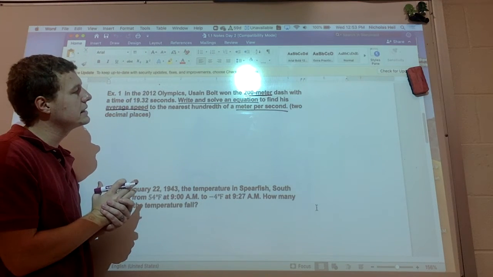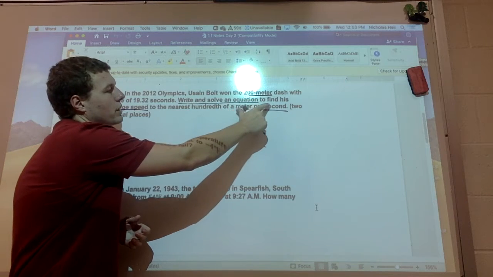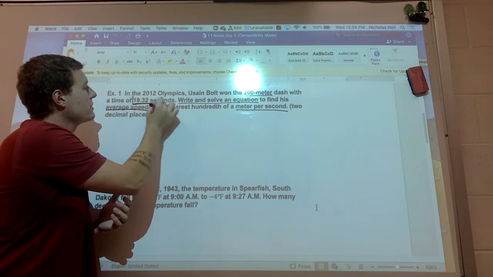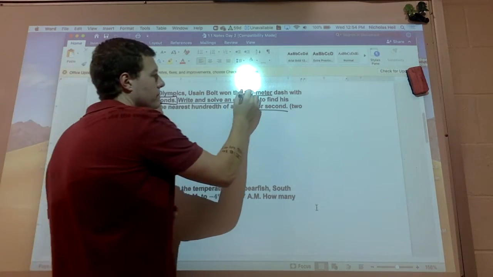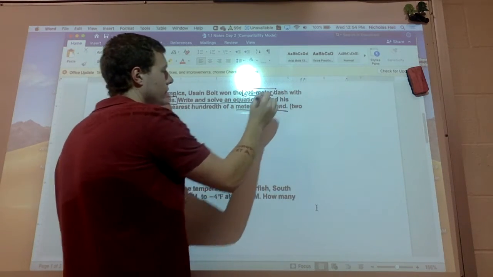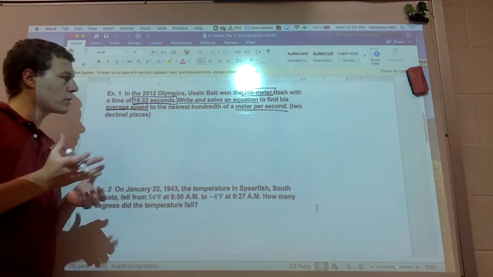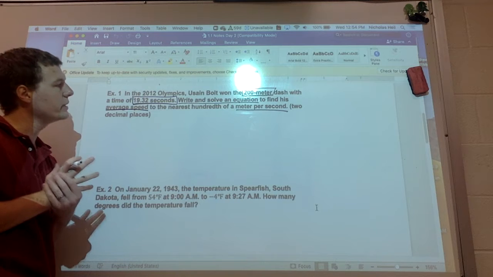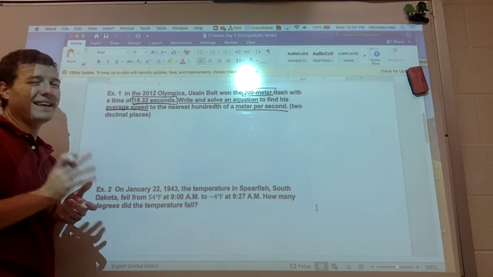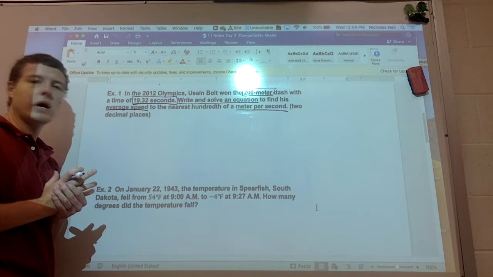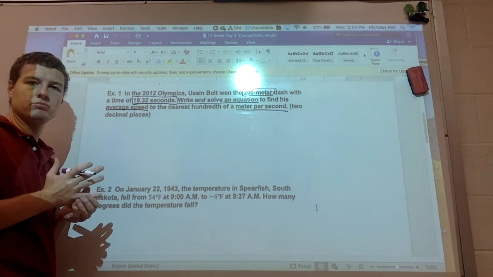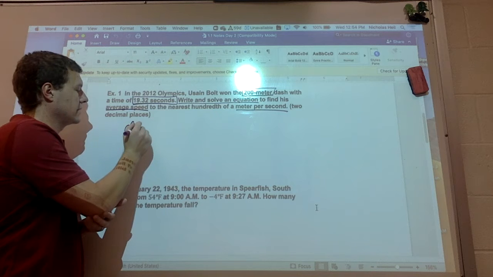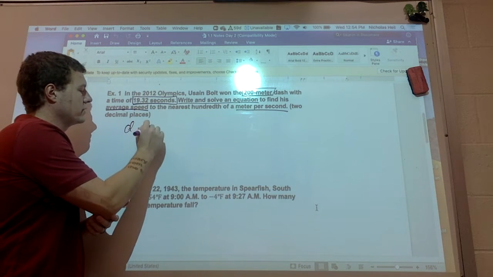And so that's meters, and then per second, well, that's a time. And I see seconds right here. So I'm going to block that off. I should block this one off too. So those are really important labels that we can use, and it's going to help us figure out what we're actually doing here. So if you don't know, there's a very simple equation out there that's labeled as D equals